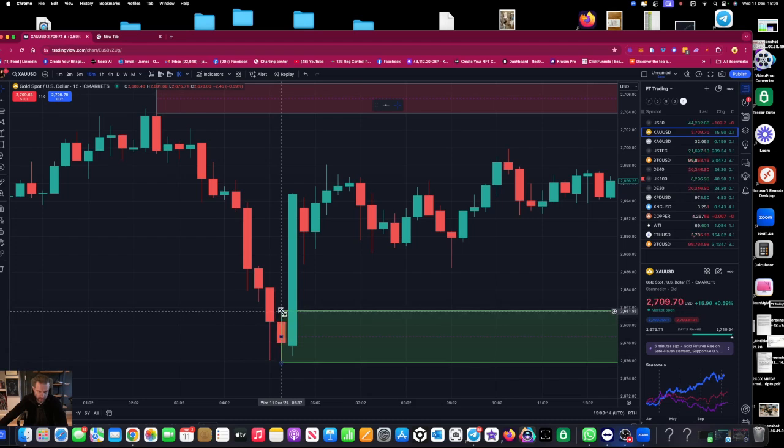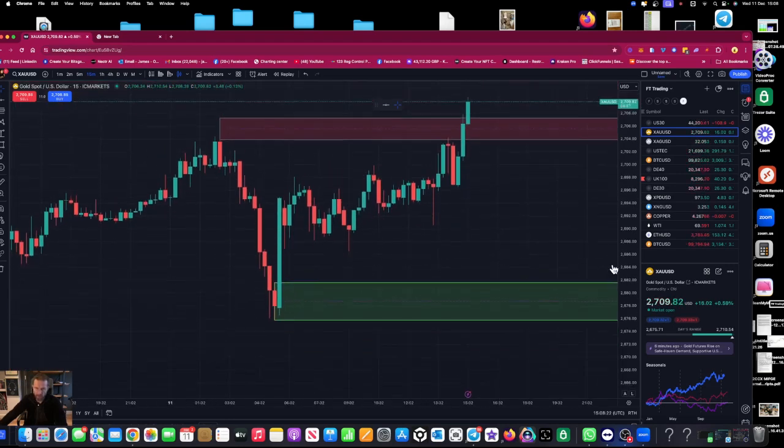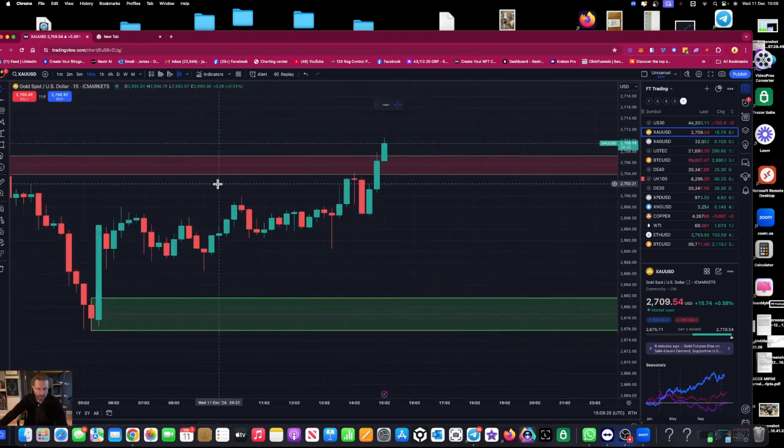So the previous high of the previous bar, and then the low of the previous bar, and that gives me a bit of support. So now I'm looking for the one at the top. So the last one at the top,